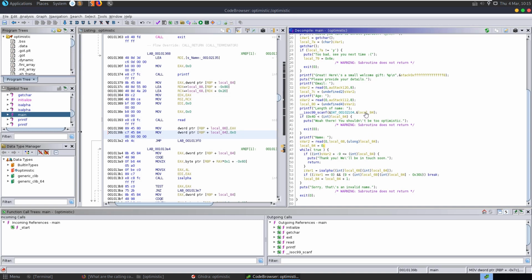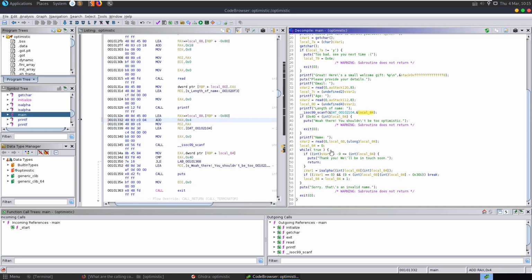Local 84 was the number that we provided for the length, and then it's going to say while true, it's going to loop through, and first here it's checking the size of the name that was read in, essentially the number of characters, and if the size minus 9 is less than or equal to 0, then it's going to return and say thank you, we'll be in touch soon. If not, then we'll jump down to this statement here where we're checking